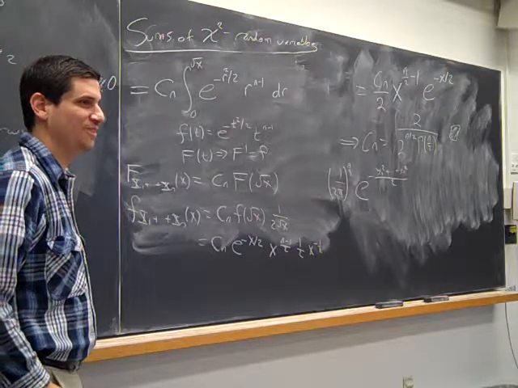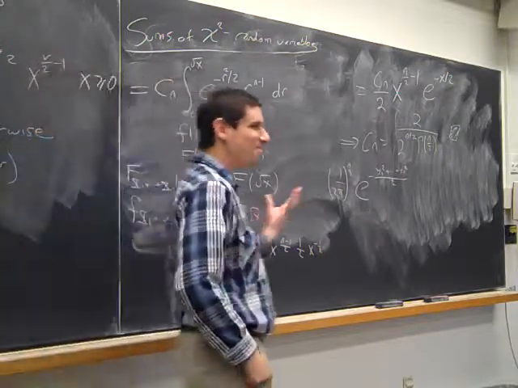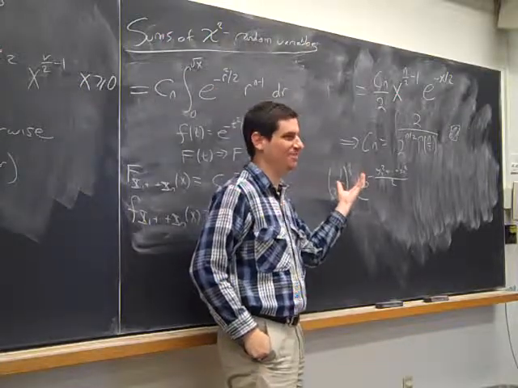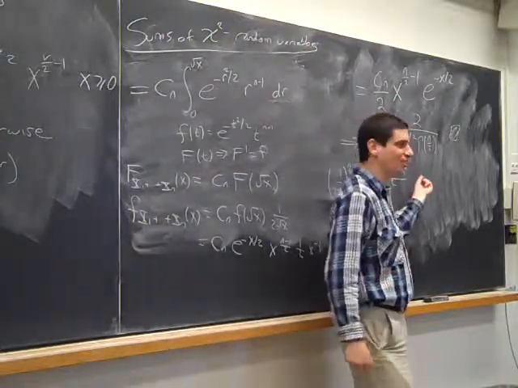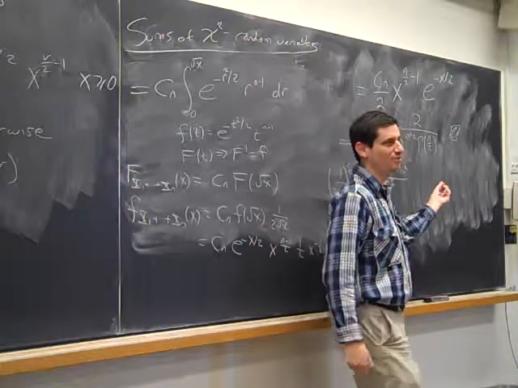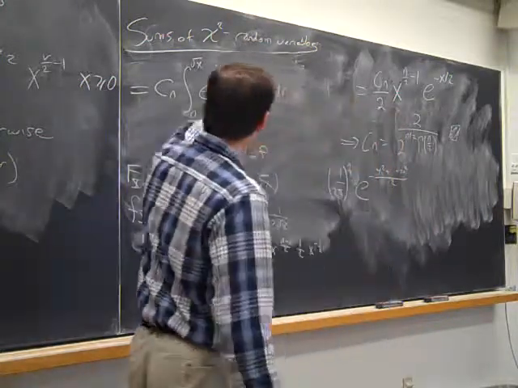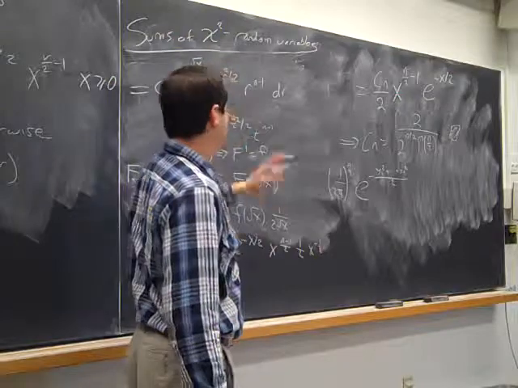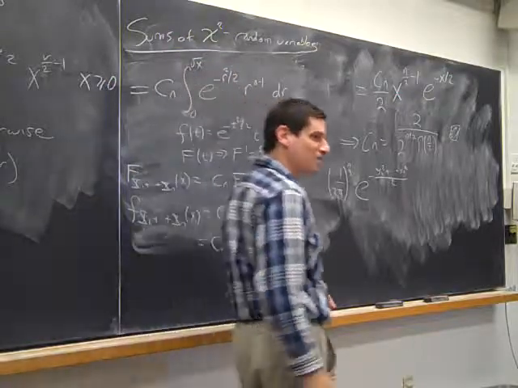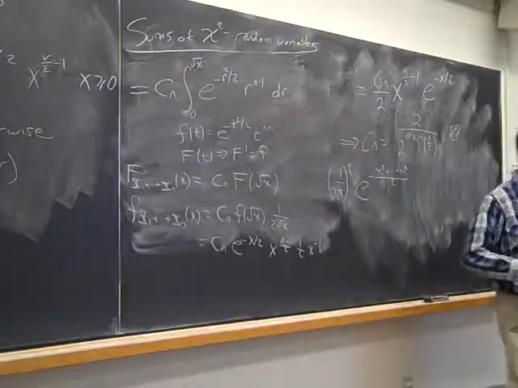You'll kick yourself. One. Right? If I integrate the function 1 over a region, I get its volume. So rather than integrating this function, all I have to do is integrate the function 1 over the region. You would just go through the calculation and, oh, okay, this is replaced with 1. So without too much work now, if you want to calculate the volume of the n-dimensional sphere, you've